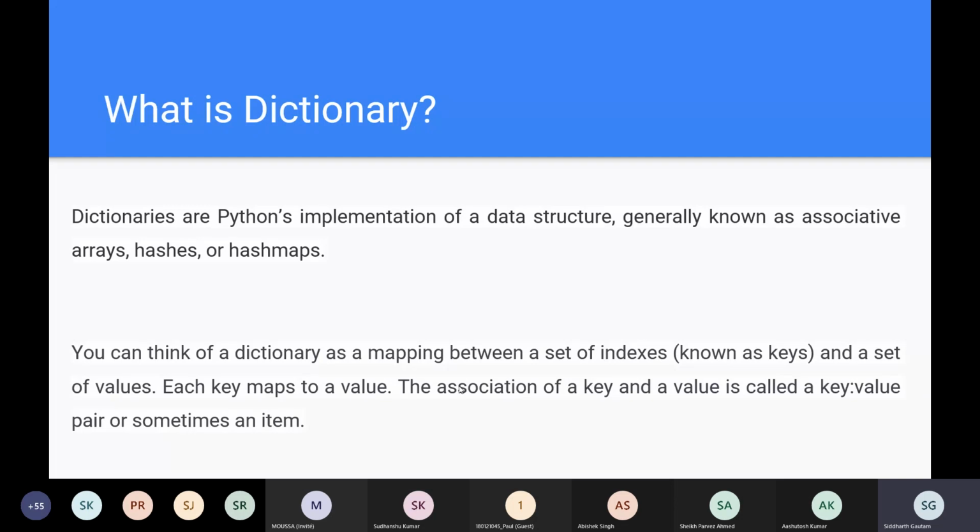A few classes ago, I gave the analogy of a lock. Let's say you have a lock and you have a key. You will use the key to open the lock to access the door, to access opening the door. That's how a dictionary in Python also works. You will use your key to access the element inside of the dictionary.